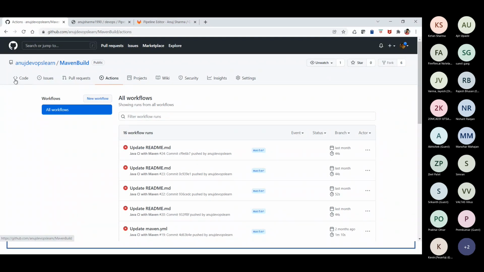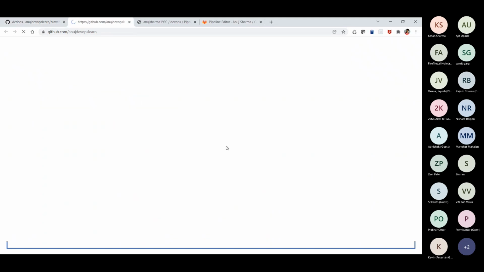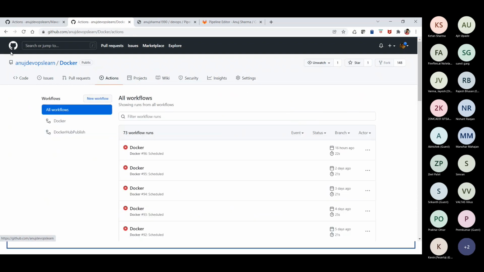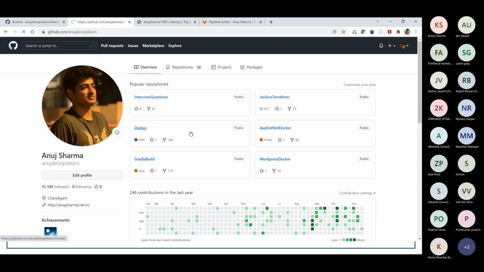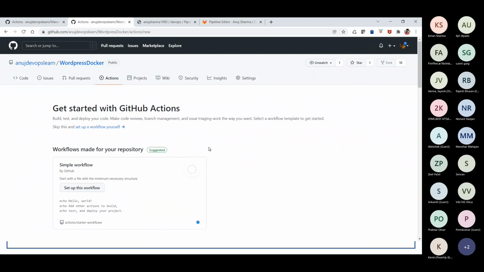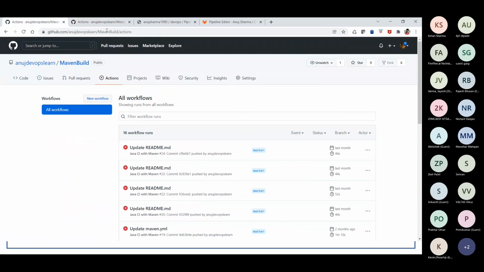So what I'm going to do is, when I'm going for the actions, if it's a new repository, let me show you. If I don't have any of these things available, it will be visible like this. For me, it's just showing some previous build, but that's fine. It's directly going to the new workflow screen. For me, I have some pre-executed steps which are already done there. That's fine, but otherwise it's going to give me the same interface.